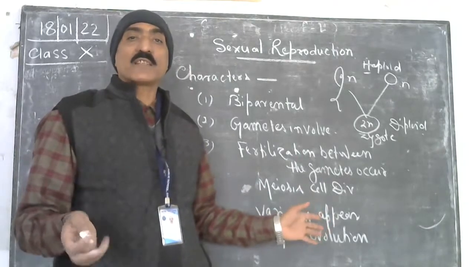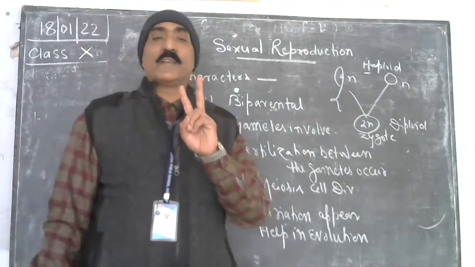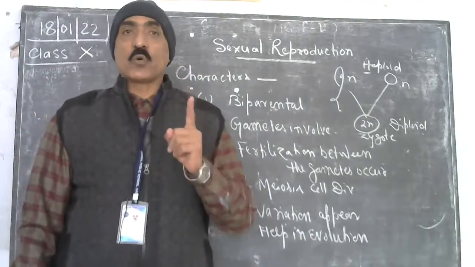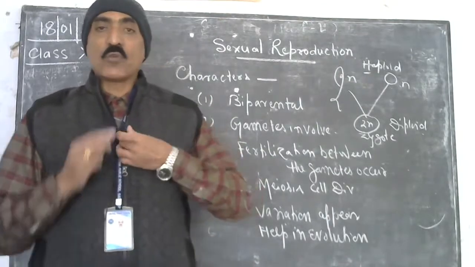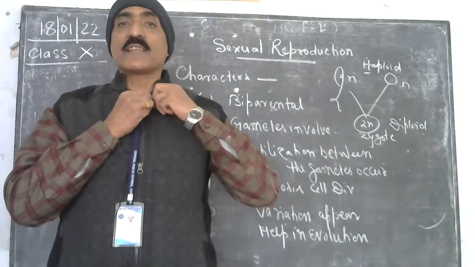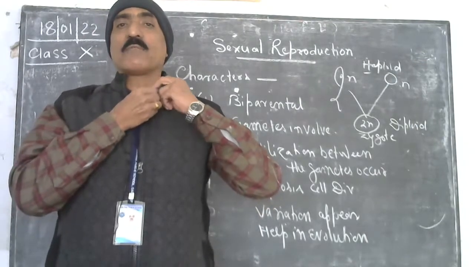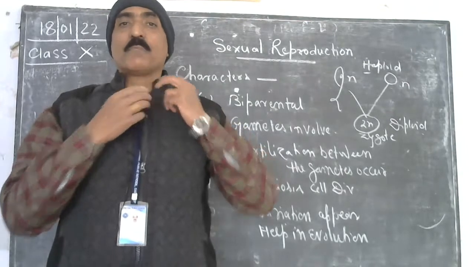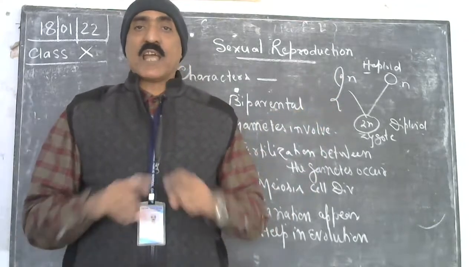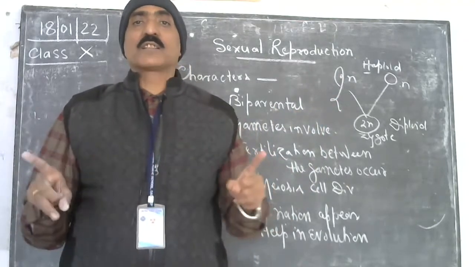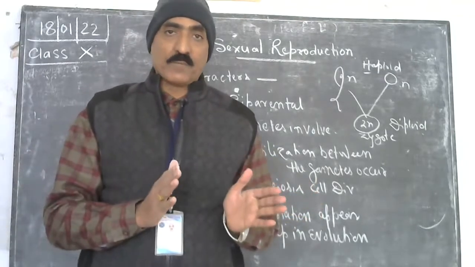Yesterday we discussed, हम लोगों ने कल बात किया था, there are two major types of cell division. One is called mitosis, that is the simple cell division. Mitosis is a simple cell division in which one cell is converted into two daughter cells with the same number of chromosomes. No change in the number of chromosomes occurs, never. That is called mitosis division.